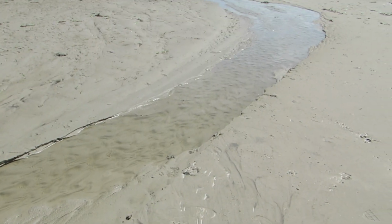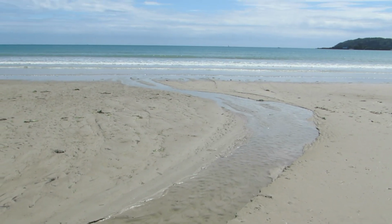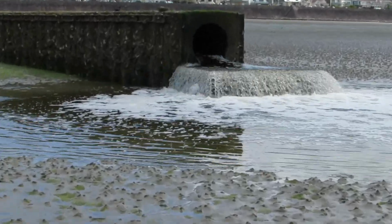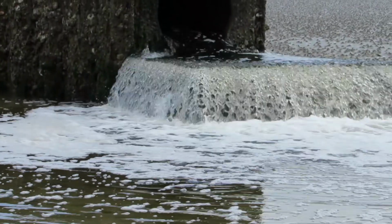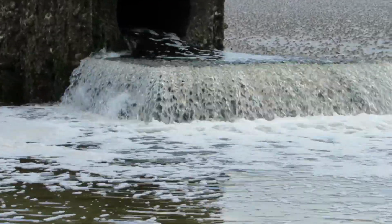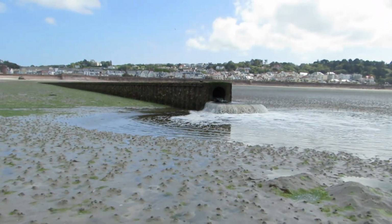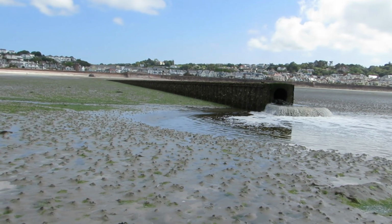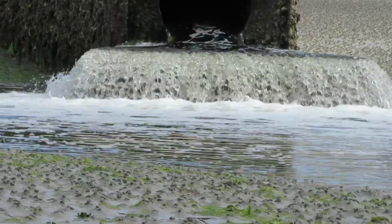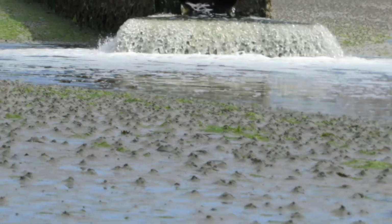Several of the island's freshwater streams make their way to the sea down this beach, but at First Tower there is also an outlet where the island's treated water is discharged into the sea. Jersey has the most up-to-date treatment plant, the wastewater even being subjected to ultraviolet light to ensure that any pathogens are destroyed, and the purity is said to be comparable to the quality of drinking water, not that you want to try it. But the discharged water has a high nitrate content that acts as a plant fertilizer, and